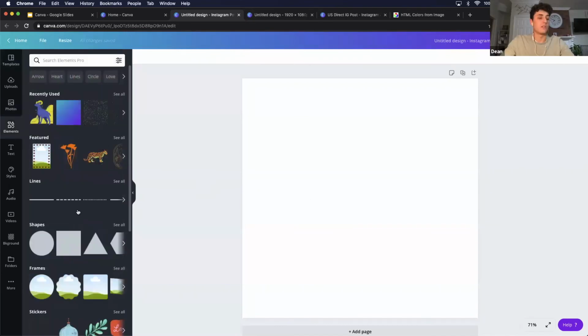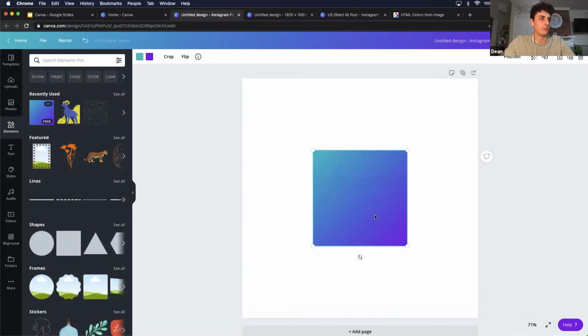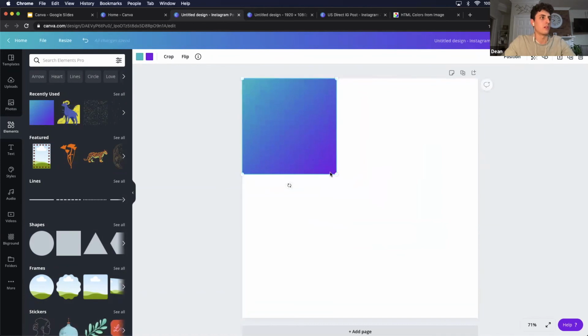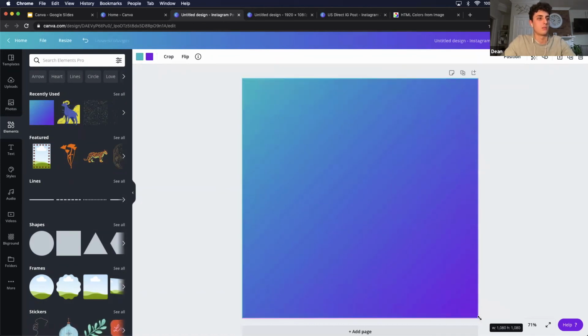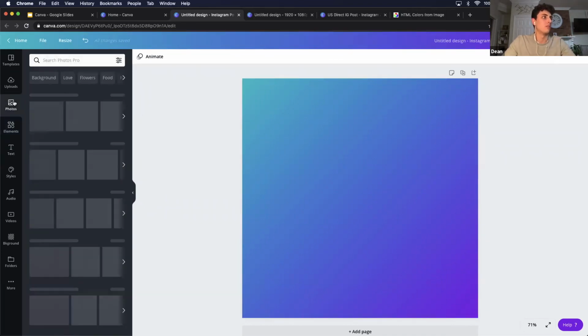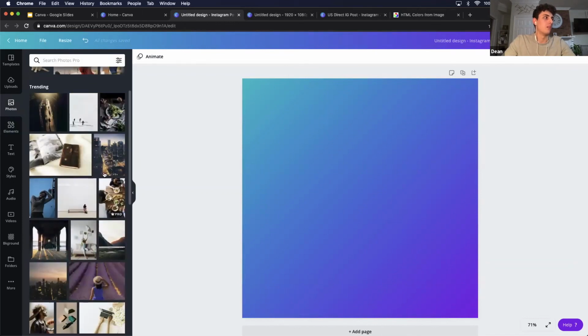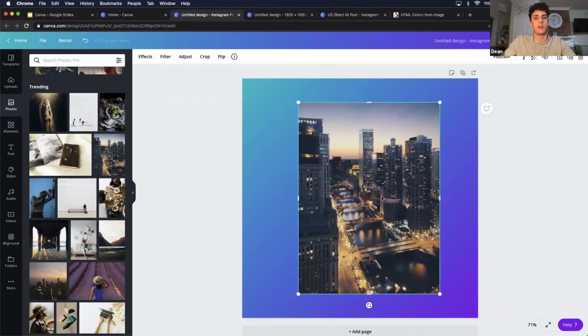Any last minute tips, I can go over some things that I do sometimes. This is a good tip that when I learned was very helpful for making cool creatives. Let's say this cool turquoise into purple gradient is your brand colors, right? And you want an image of the city to kind of emulate that.